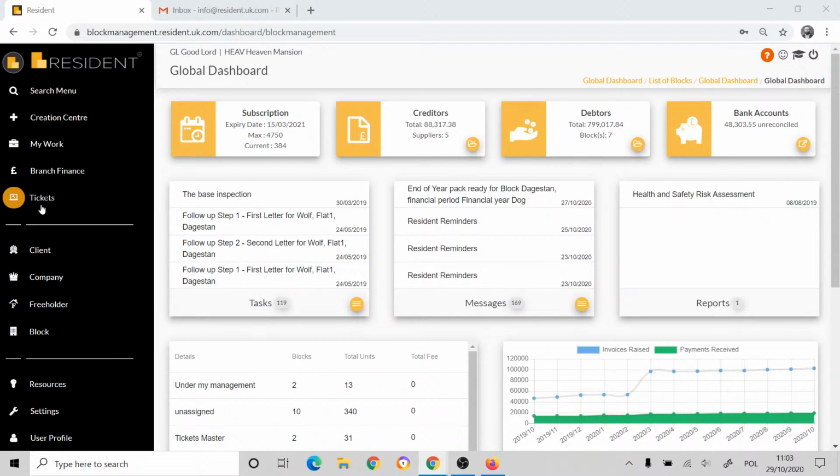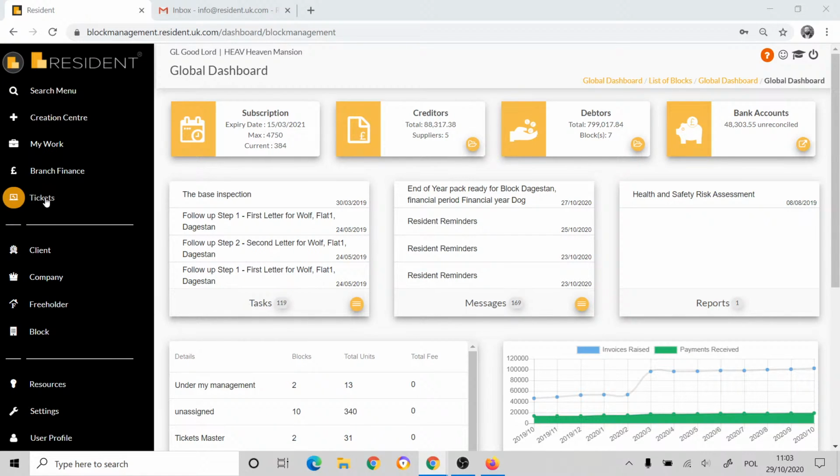The idea is, instead of having a mailbox and a separate phone, to have one place where you can keep all your maintenance issues, and then they can be visible to everyone, can be dealt with, can be archived, and then it will be easy to find. Also, from each issue, we'll be able to create a works order. So this is a reporting system which is embedded into Resident and integrated with all the functions which are at the moment in Resident. So we will go through 2 or 3 scenarios,